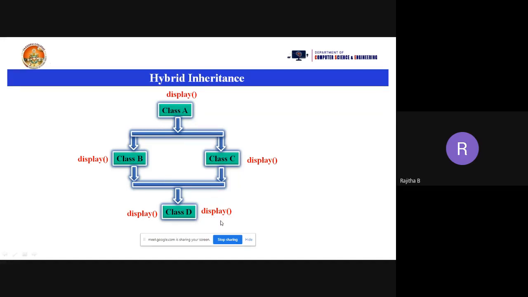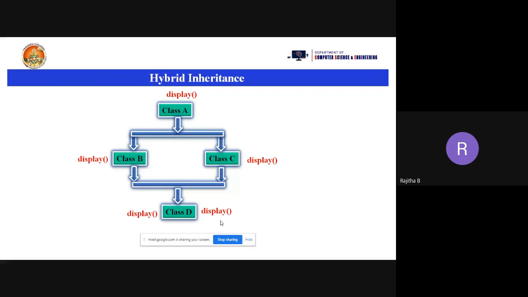We overcome that problem by using the keyword virtual. Listen carefully. If you take a combination like this, and multiple copies are created in the derived class, the compiler gets confused. If you call that function, which function must be executed? So to overcome that problem, we use the special keyword virtual.